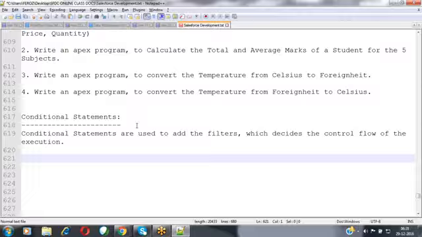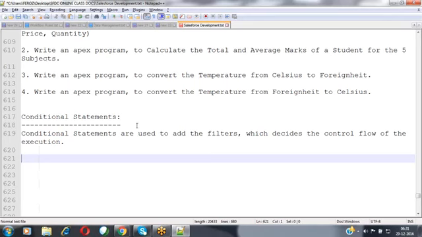Now suppose, for example, you have a bank account with 5,000 rupees, and you are trying to withdraw 6,000 rupees. At that time, what happens? First of all, it will verify whether you have sufficient funds in your account or not. If sufficient funds are available, then only you can withdraw or transfer to some other person. If sufficient funds are not available, then you cannot perform that operation. Nothing but a filter is added. I'm adding a check. Before performing that operation, it verifies whether you have the sufficient balance or not.